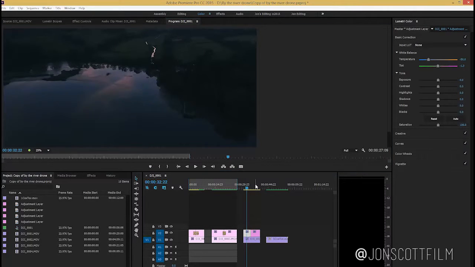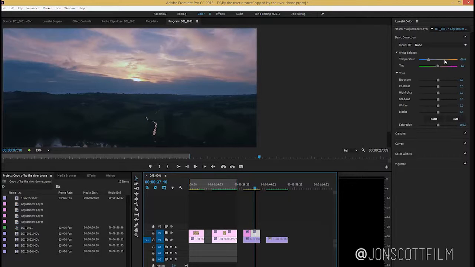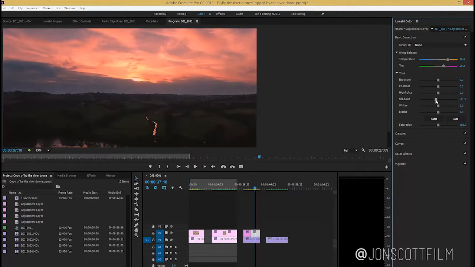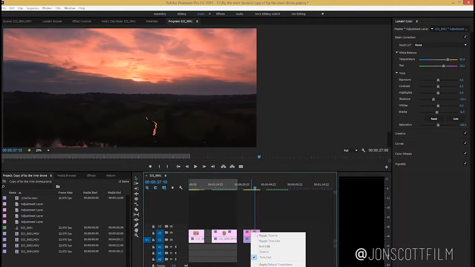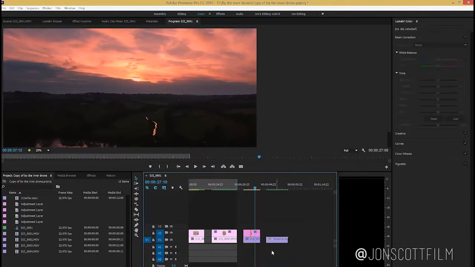So if I have a look now, what I want to do on this adjustment layer is change my color sliders to really bring out all that color, so really exaggerate it. And then we'll bring down the shadows and the black point a little bit. Maybe that's a bit too far, something like that. And then we're going to go in the middle, slap on a nice cross dissolve,